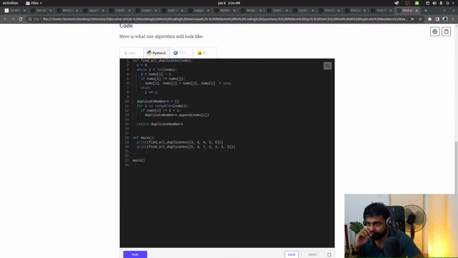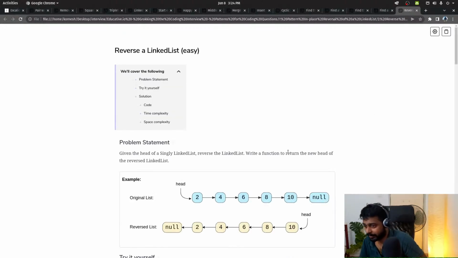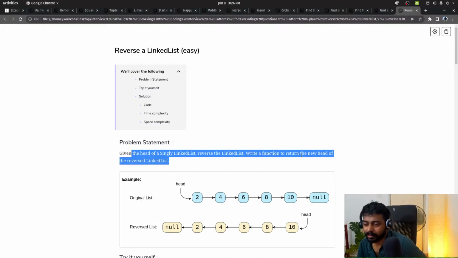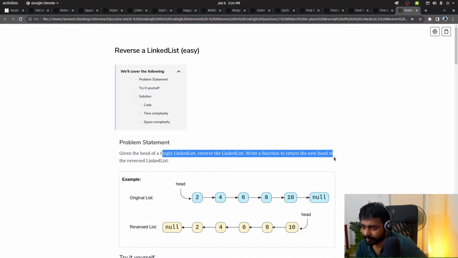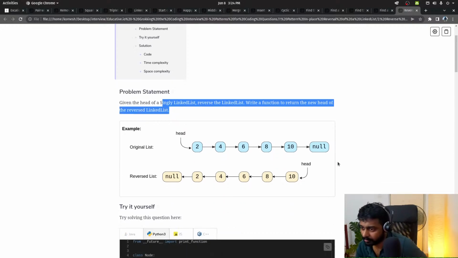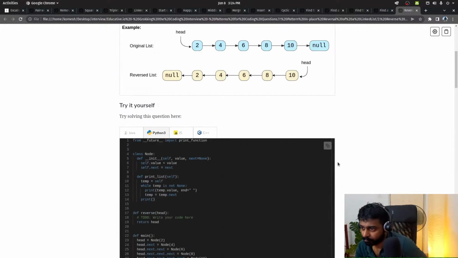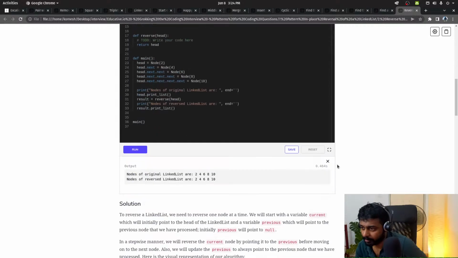Okay, I forget this. This is a linked list again. I hate linked lists. Given the head of a linked list, reverse the linked list, write a function. Okay, this is supposed to be easy, but